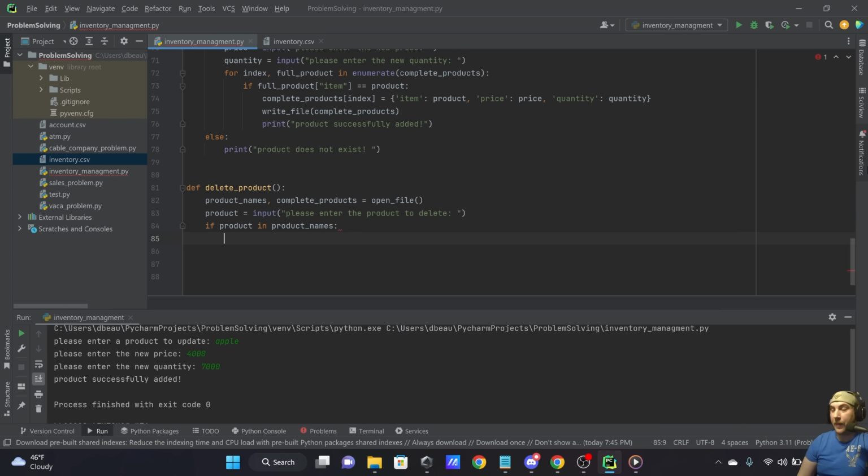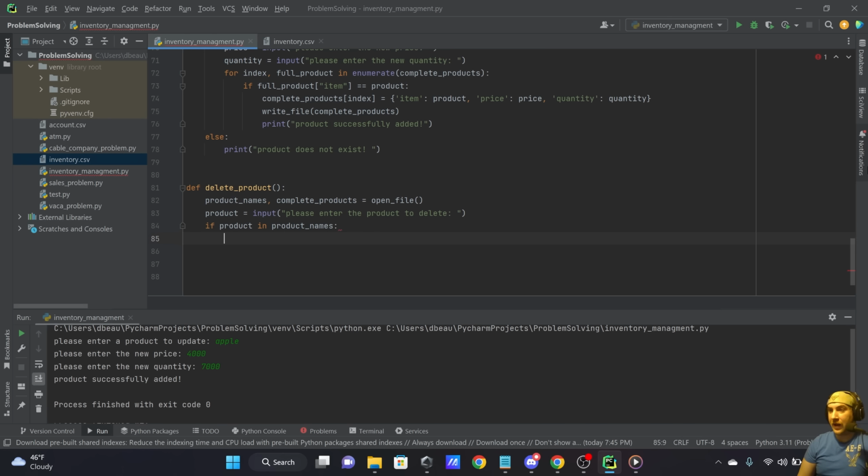This is tricky, right? Because you don't want to delete a product within its own for loop. Now, you can get away with it if you're doing it for one product. But the second you start to delete multiple items inside of its own for loop, it can end up being a jumbled mess. It can end up giving errors, okay? You can get away with it in this instance. But what I think I'd like to do